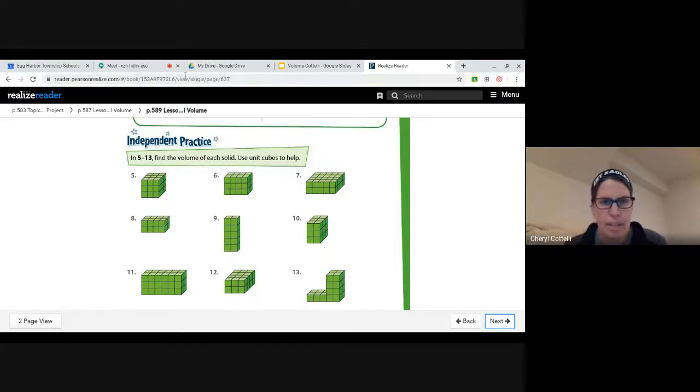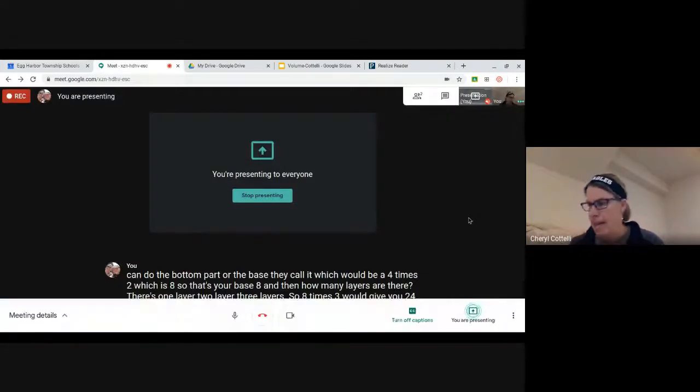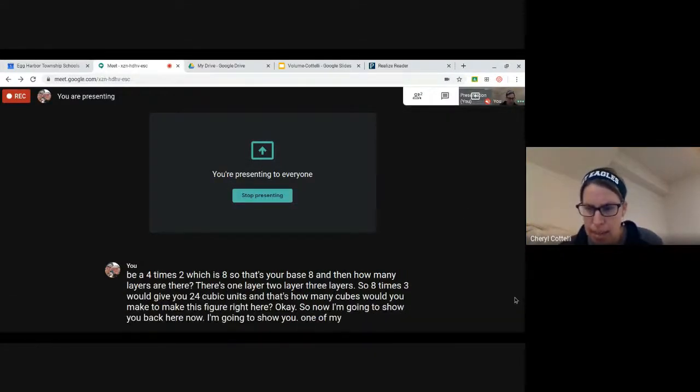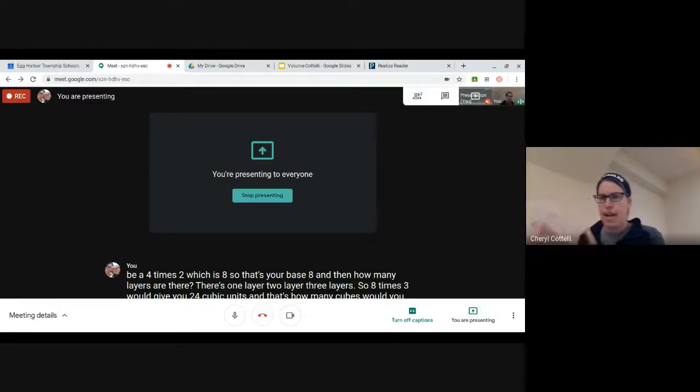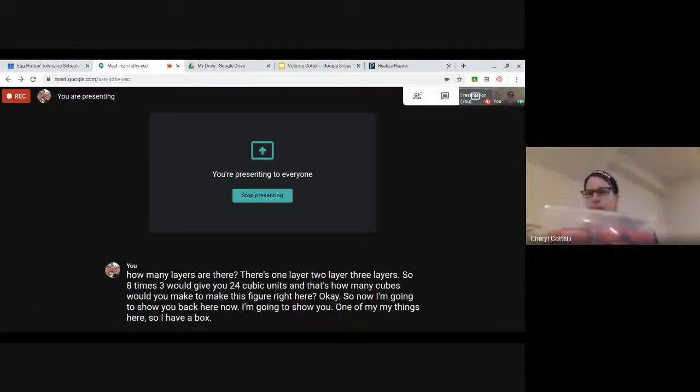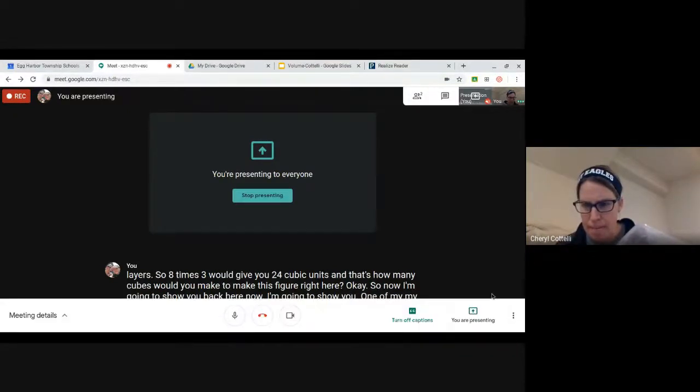Okay, now I'm going to show you one of my things here. I have a box of Legos. I'm going to put it onto a different screen, so just bear with me a second. We use these for our Legos, right? I happen to have some at home here. If I were to figure out how many cubic units this can hold, and this can hold something because it's three-dimensional, I'm going to measure the